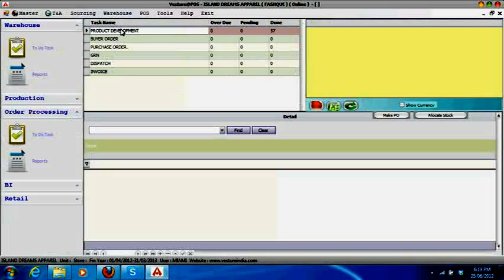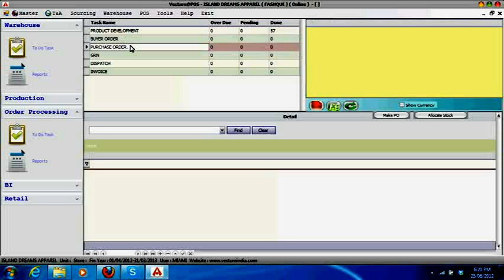Product development. To create a new product, we use product development. Buyer order. The order that we are getting from our customer comes in a buyer order. Purchase order. The item that the buyer has ordered us, making its purchase from our supplier, comes in purchase order form.